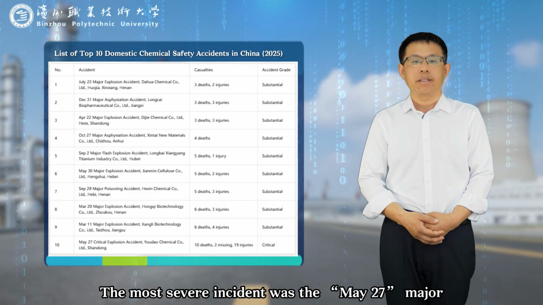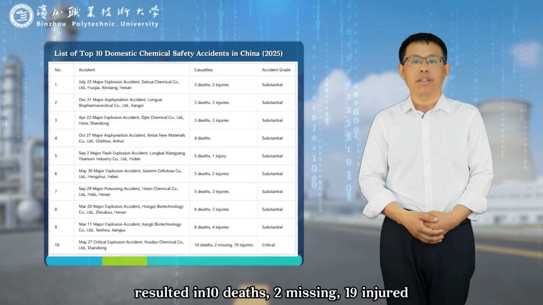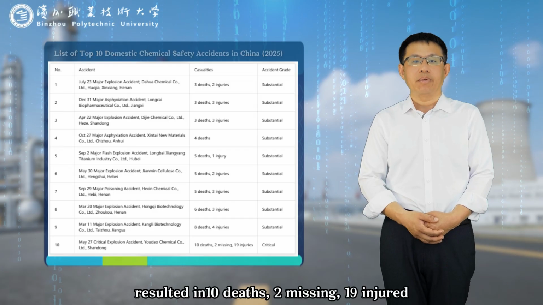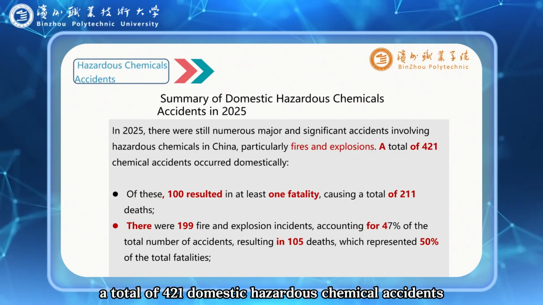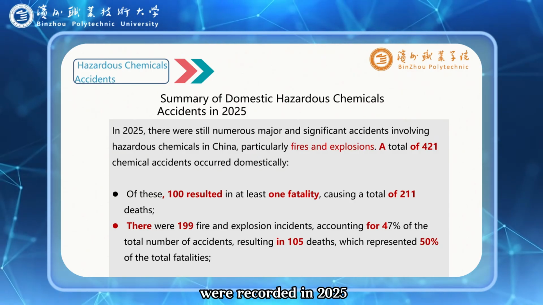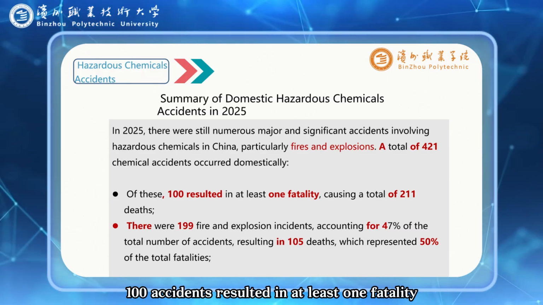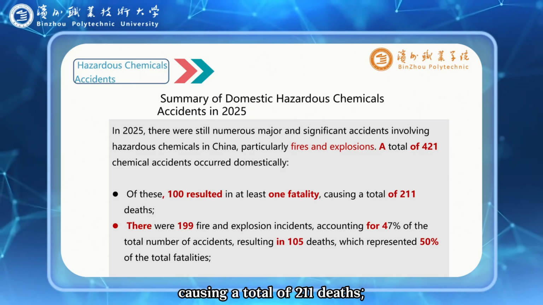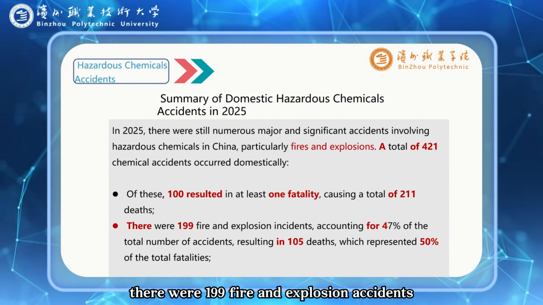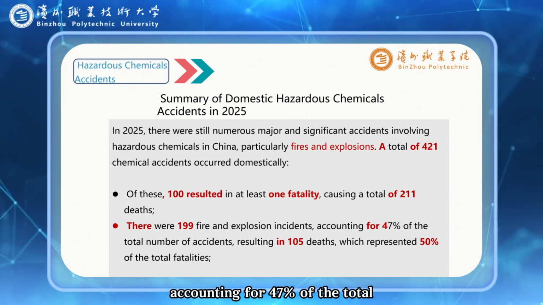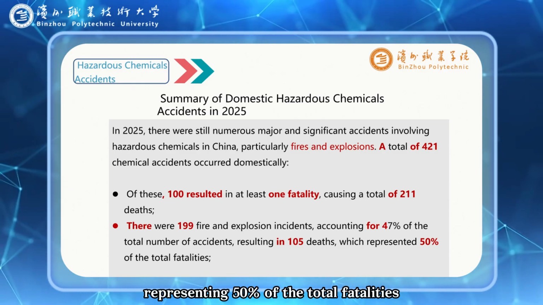The most severe incident was the May 27th major explosion at Shandong Yudao Company Limited, which resulted in 10 deaths, 2 missing, and 19 injured. According to statistics, a total of 421 domestic hazardous chemical accidents were recorded in 2025. Among these, 100 accidents resulted in at least one fatality, causing a total of 211 deaths. There were 199 fire and explosion accidents, accounting for 47% of the total, which resulted in 105 deaths, representing 50%